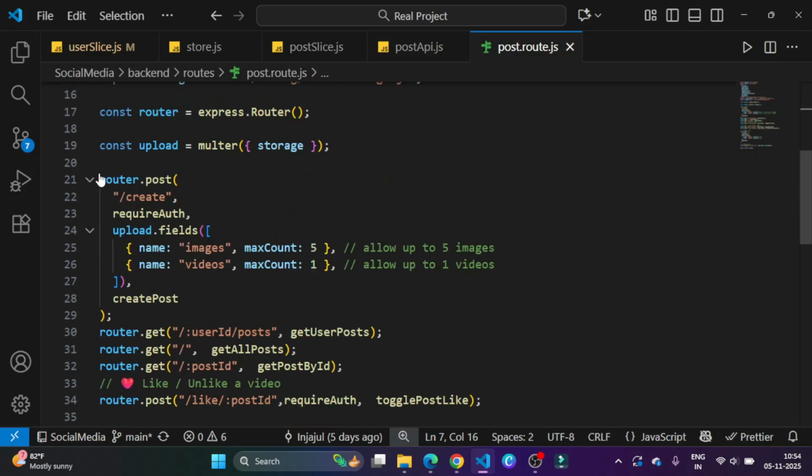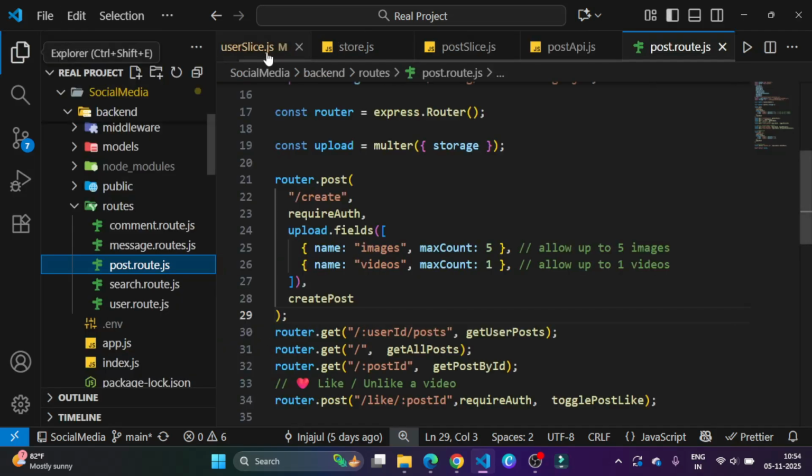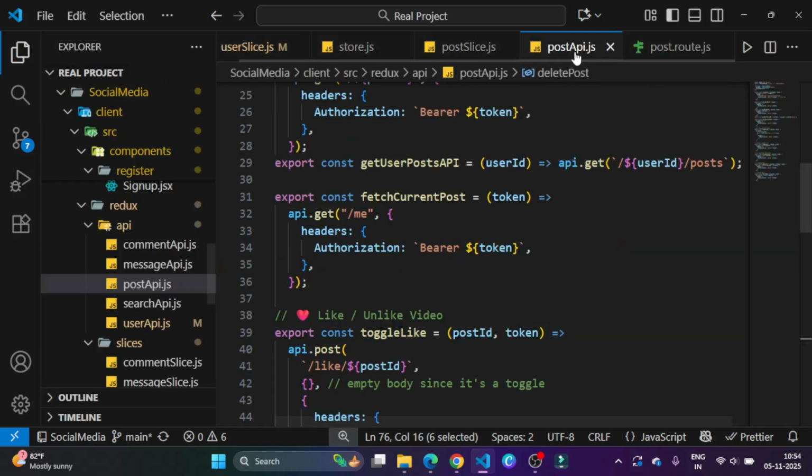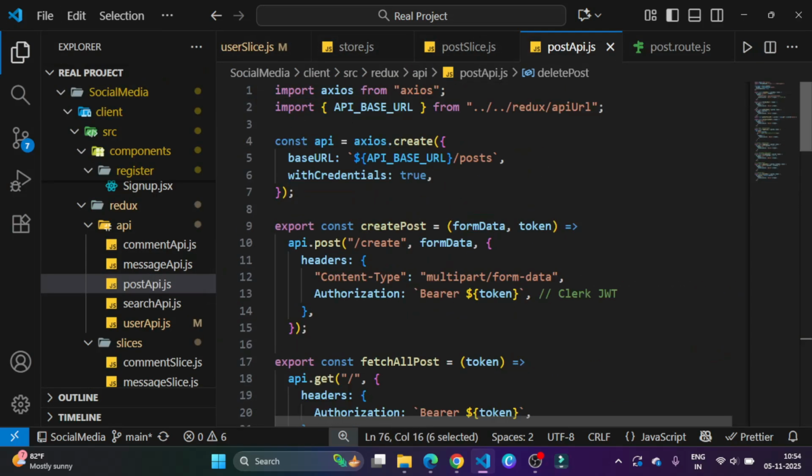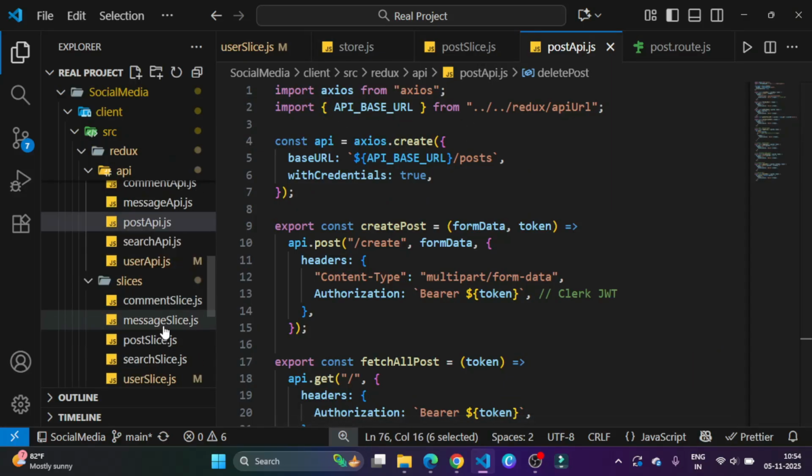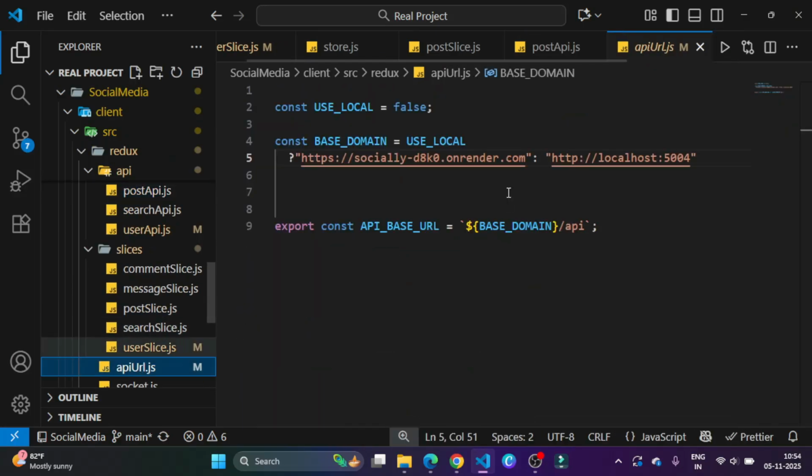So this is our post endpoint. First it's a create, right, and we have slice create, right, and this is the API. So we import that API base URL from here, I think this one, right, and this is a post API,